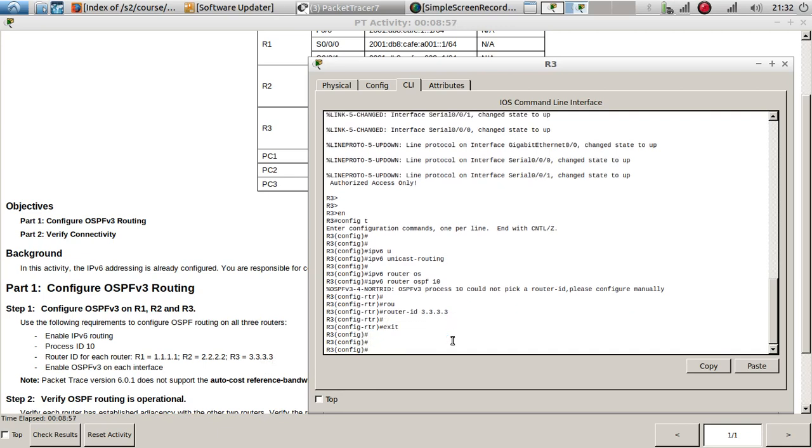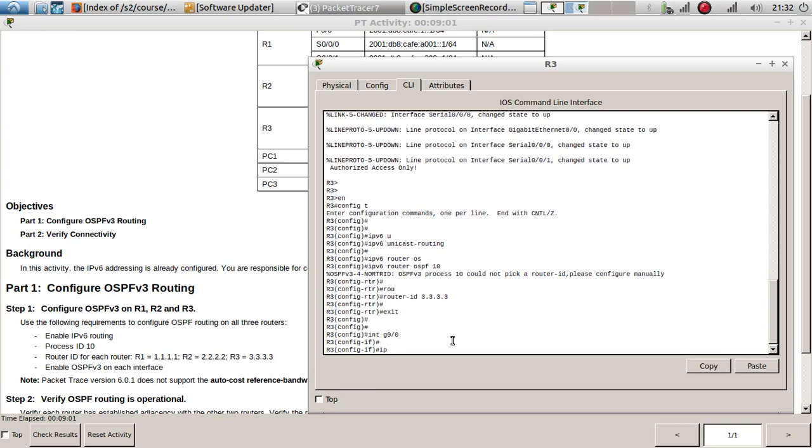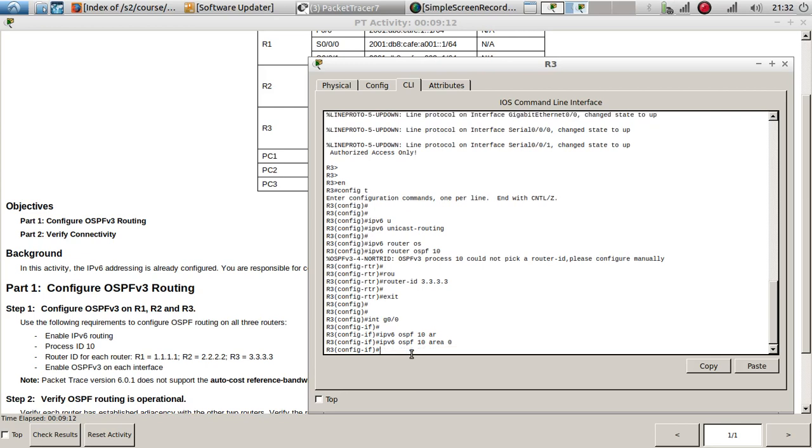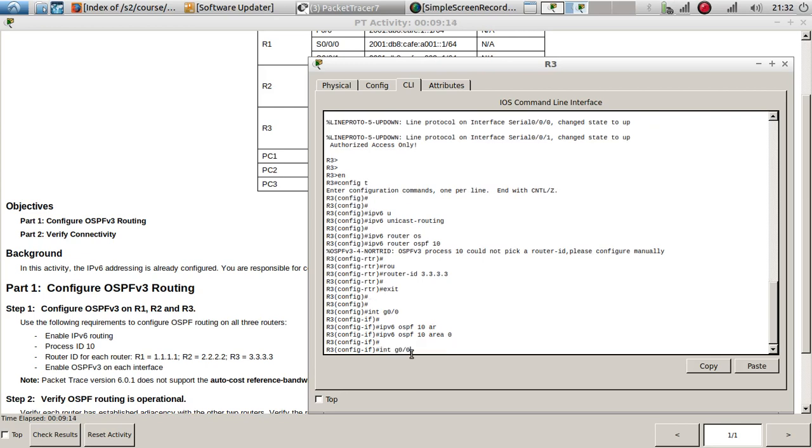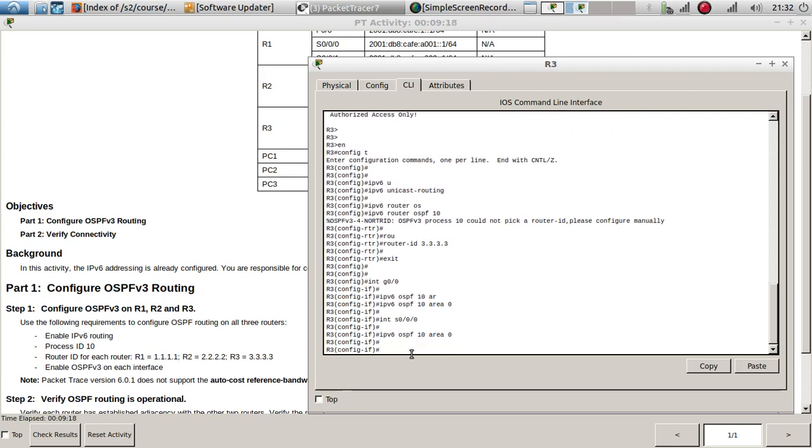And now let's enable IPv6 on each interface. For this one, we have to go to interface GigabitEthernet 0/0, IPv6 OSPF process ID of 10, area of 0. And now let's do the same on interface 0/0/0. There we go. And then we have to do the same for